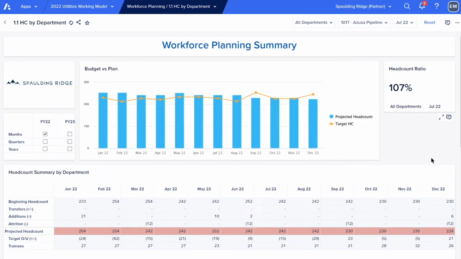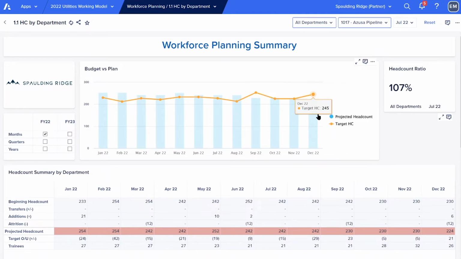Is that good? Is that bad? Well, if I just look at the current month, I'm going to say, well, that's too many, right? So I should scale back on the number of people I have. But when I'm able to look into the future here and see that when I combine demand planning, projects, initiatives, ongoing operations, well, by the end of the year, I'm actually going to be down in people.